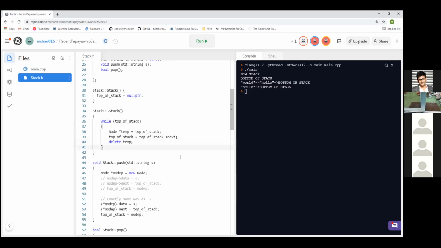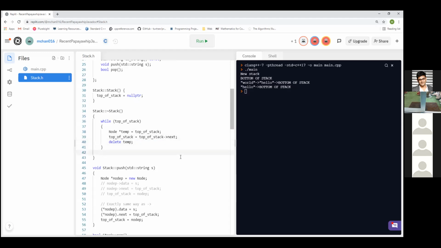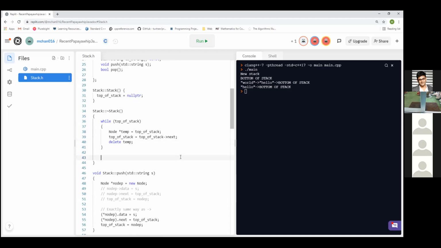For me, I think better when it's a while loop for deleting these kind of things. But I'm guessing for a for loop, you probably want to do a node temp goes to top of stack, and then temp